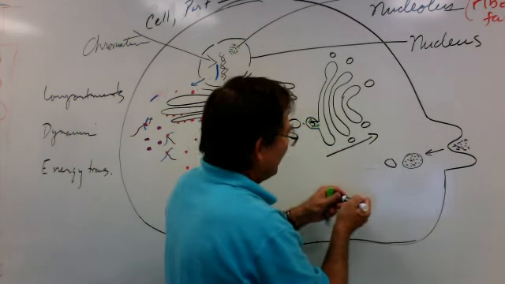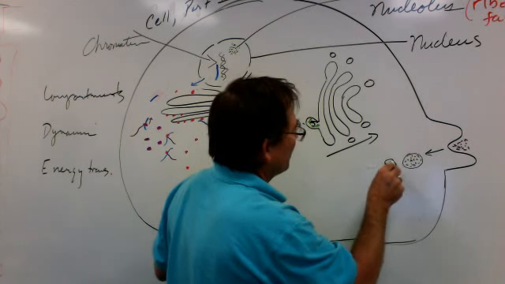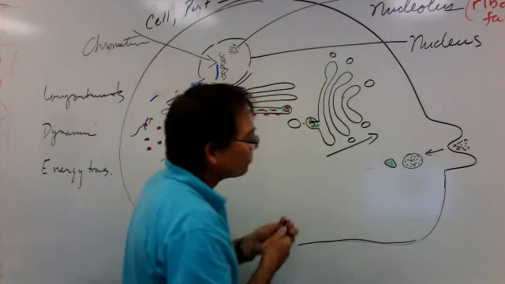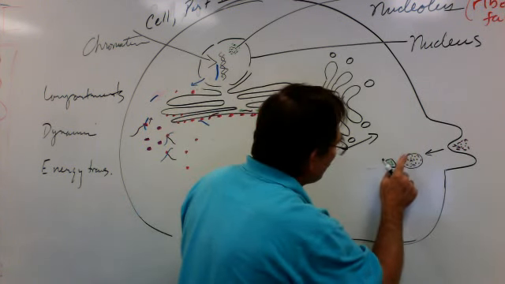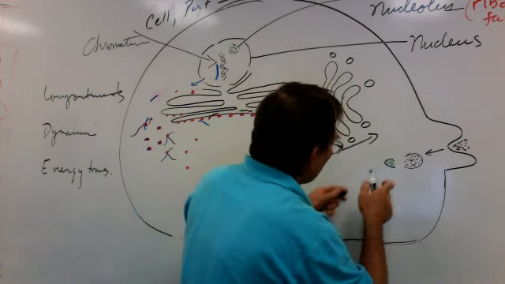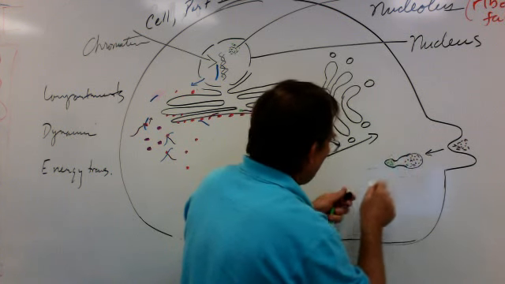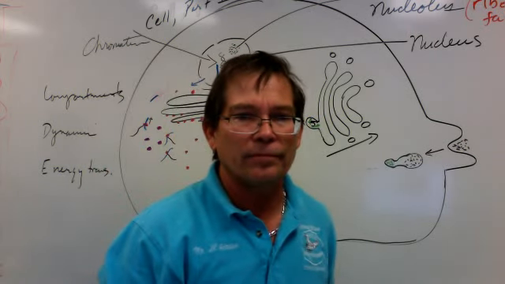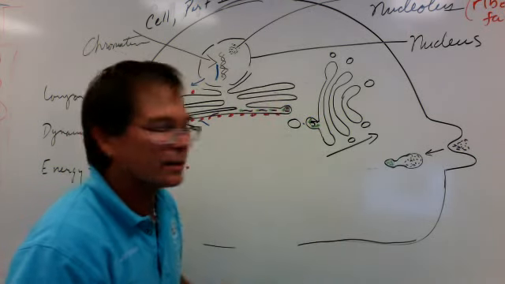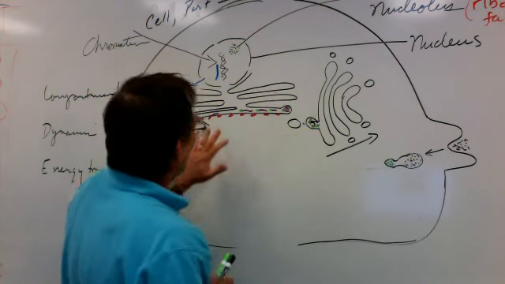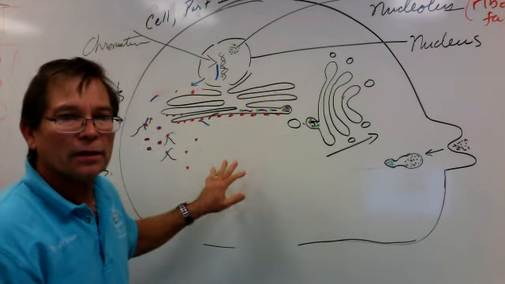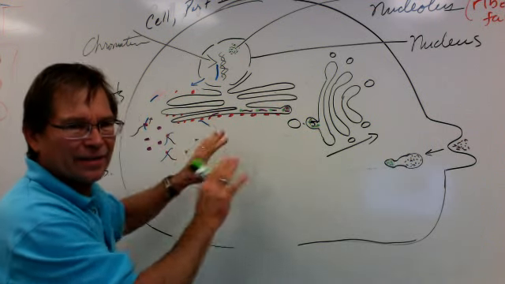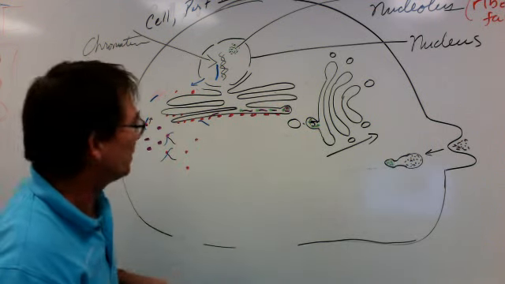So here we go. Here's a lysosome, with its digestive enzymes. These two membranes can fuse together, and now the enzymes here can break down those food molecules that were taken in by the cell. All right, so I hope that gives you an example of the sort of trafficking and the constant activity that's going on in a